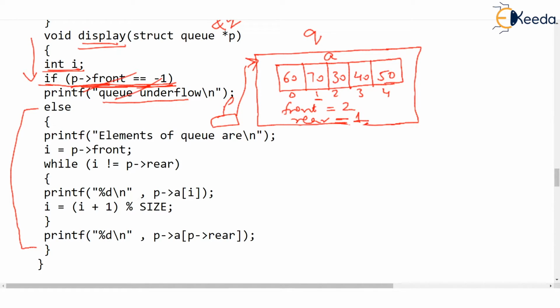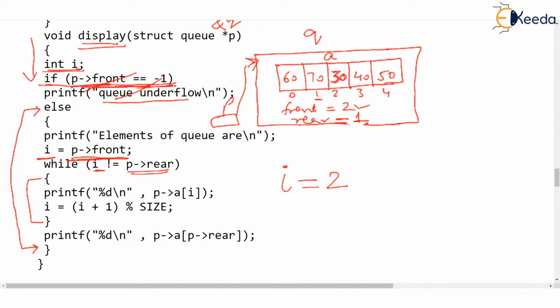So we have decided that there are some elements in the queue and we will print them. So let's see how we are printing the elements. I, the local variable, starts with P arrow front. So I is 2 because front is 2, as you see. Correct? Rightly so, we want to display 30 to start with. So I, the counter, has begun with 2. And now we hang on in this while loop. This while will repeat as long as I is not equal to P arrow rear.